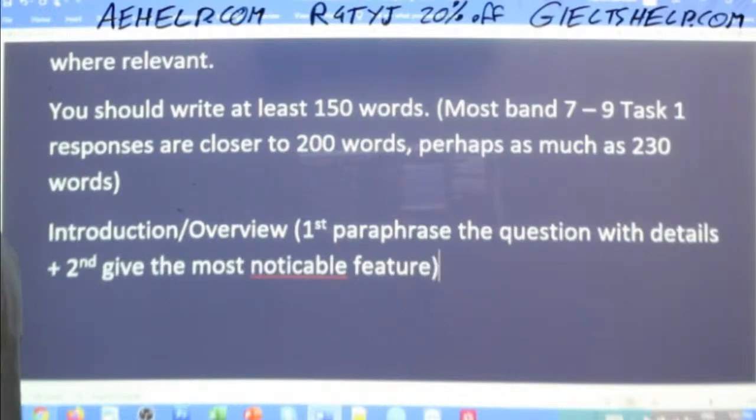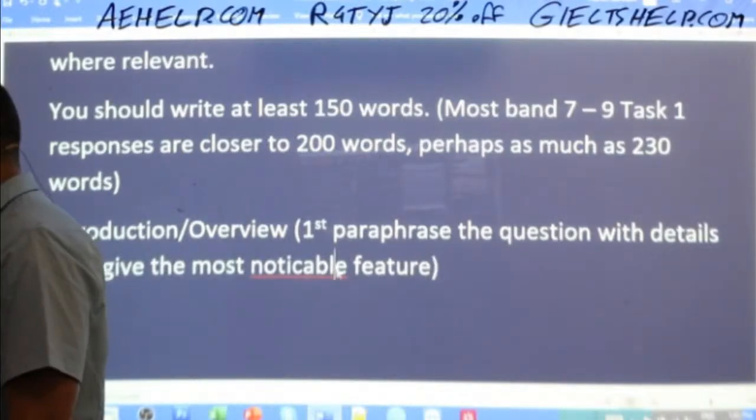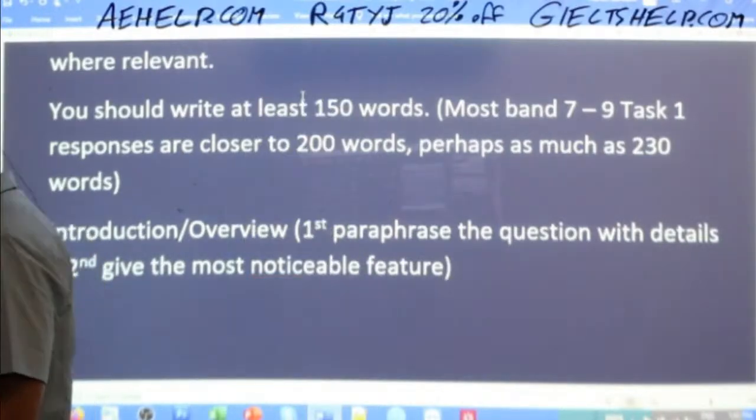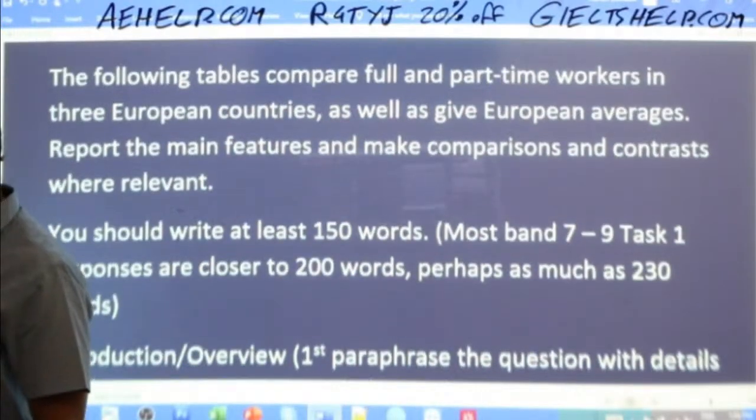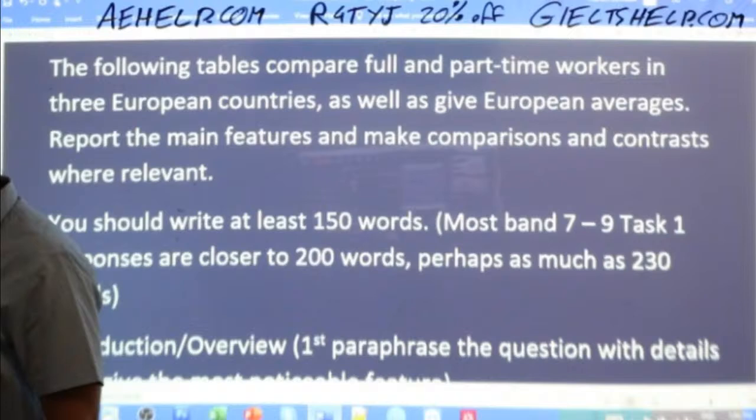So those are the 2 parts of the first paragraph, which is basically your introduction. It includes your overview and your main features.